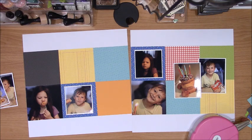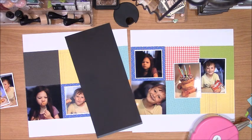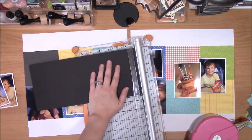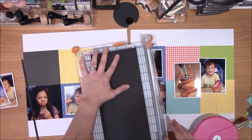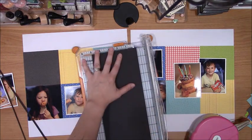And if you don't have enough of it, or maybe you've punched out a shape from it, just keep in mind that some of those pieces will end up being behind photos or maybe behind a cluster or something, and go ahead and use it. So here you can see I have a bag of scraps under my desk, so I just reached in and grabbed it and just cut